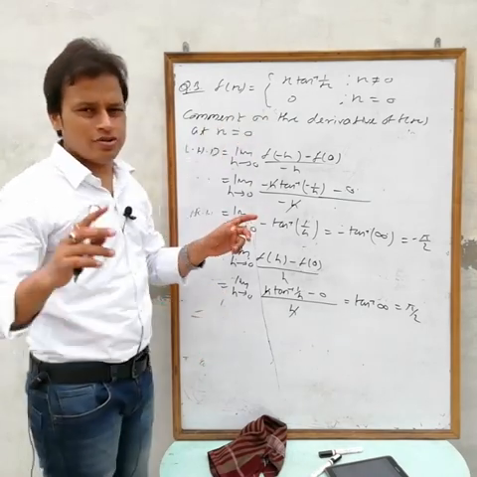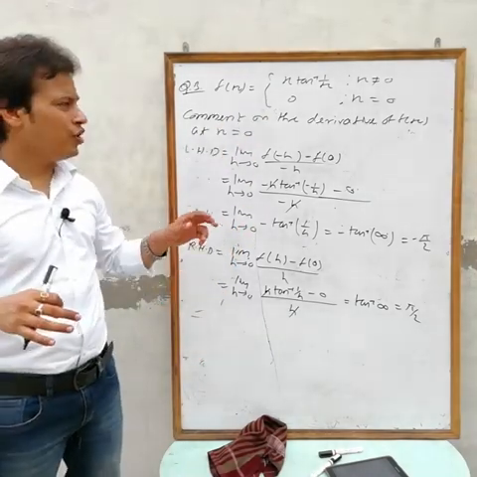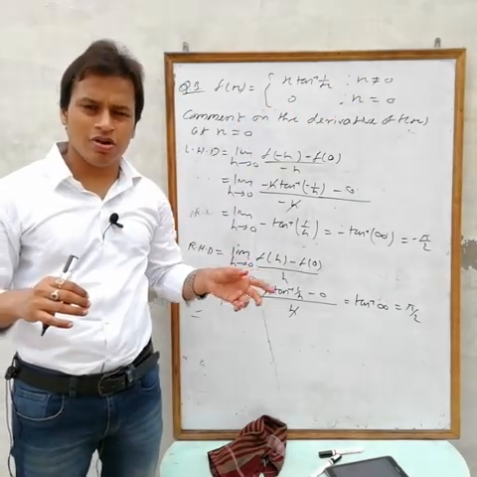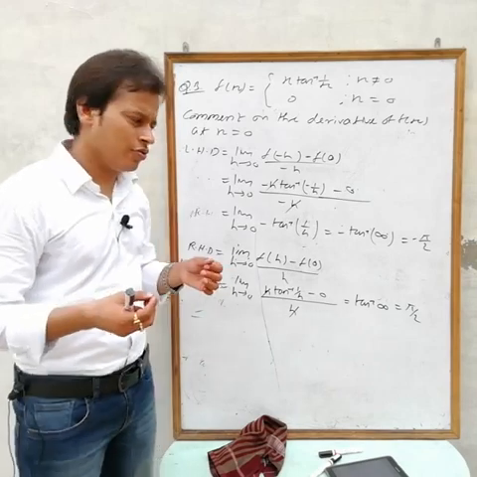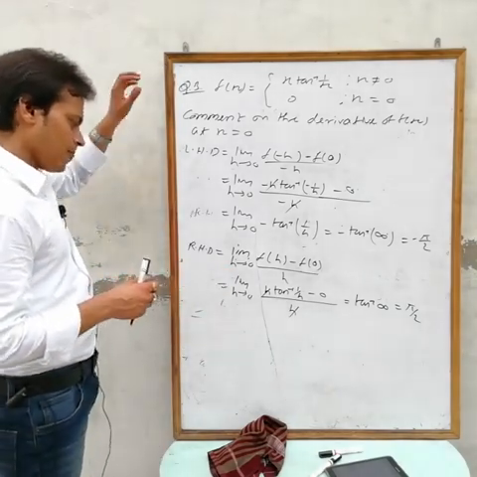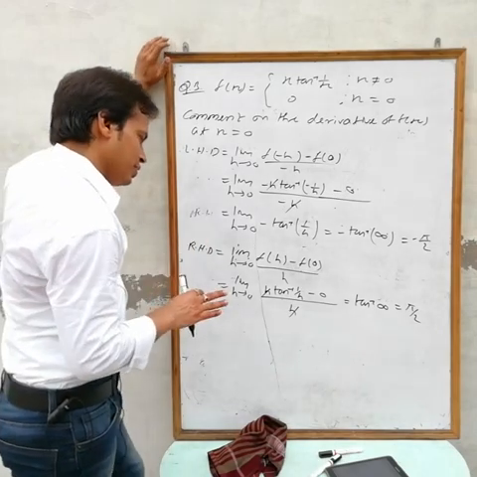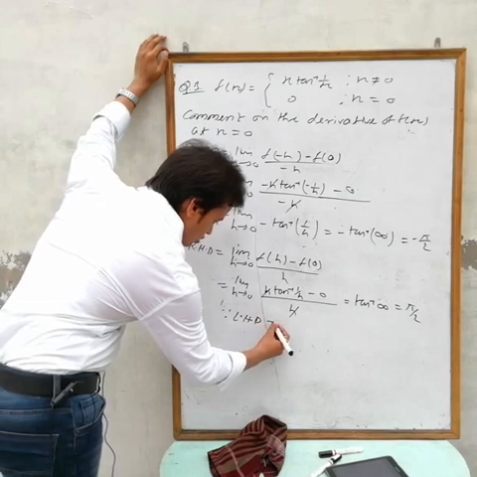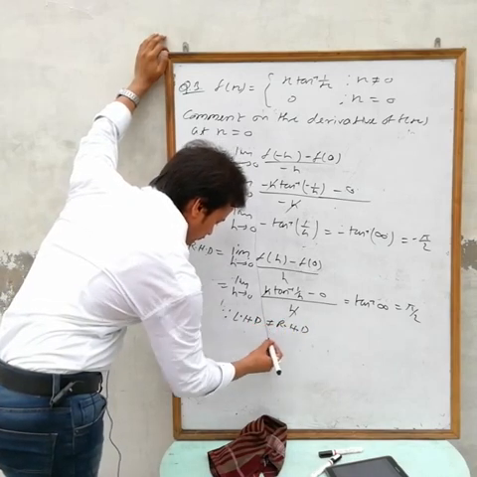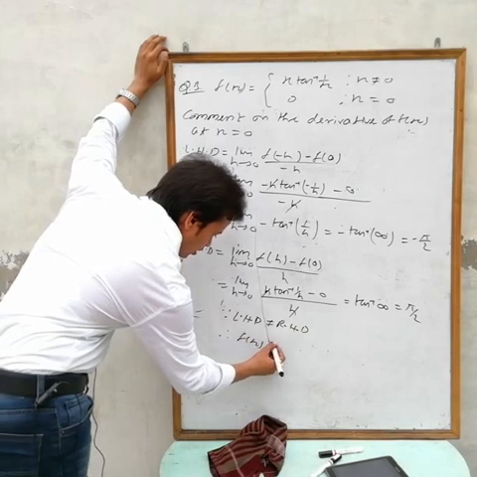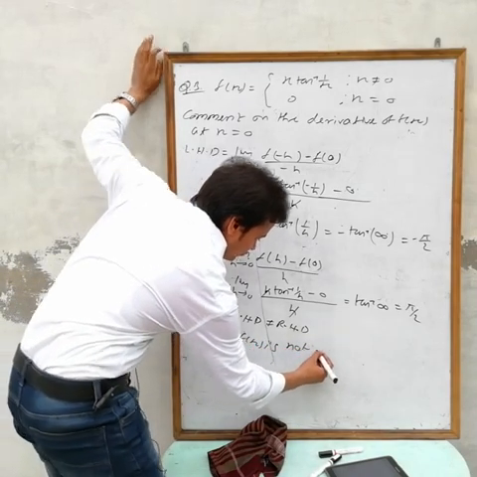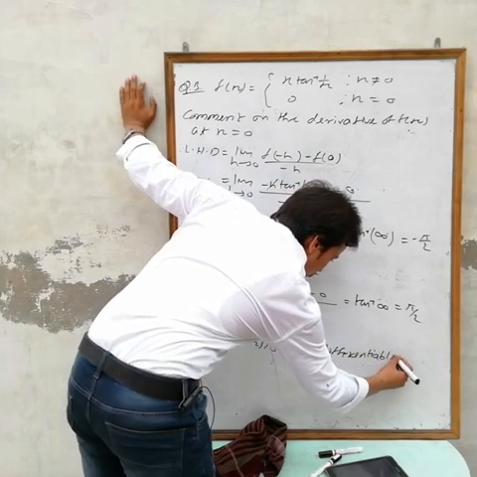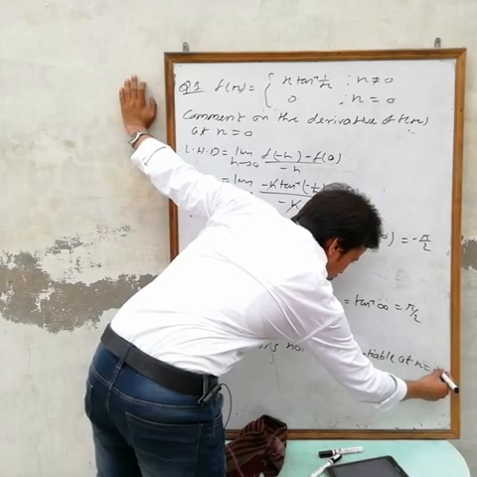Now, in this one you can't use that method, because you can use that method only if we have one option as x is less than 0 and the other as x is greater than or equals to 0. Okay, so in this one LHD is not equals to RHD, therefore f(x) is not differentiable at x equals to 0.